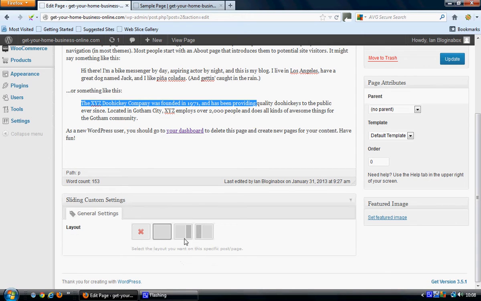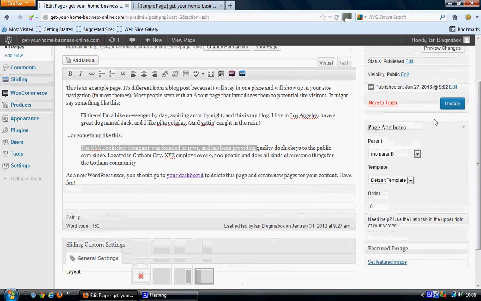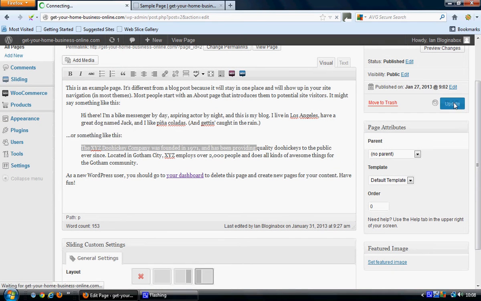Now if I was to click on one of these other page layouts, so let's click on this one here, you can see this bar on the left. That bar on the left represents where your widgets will be. We'll come on to widgets in a couple of minutes, but I'll show you exactly what I mean by this. So if I click on this page layout and then scroll up here and click on update,